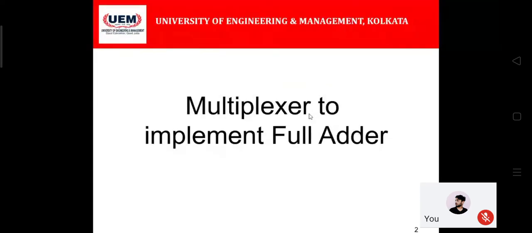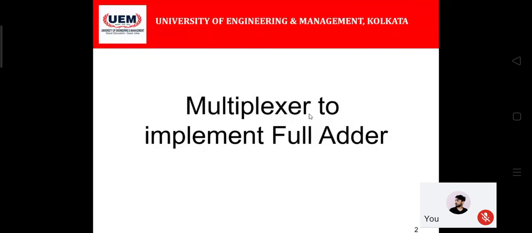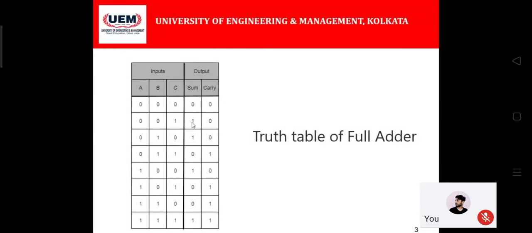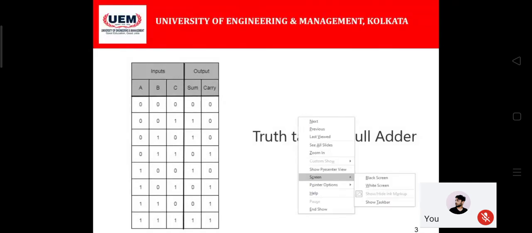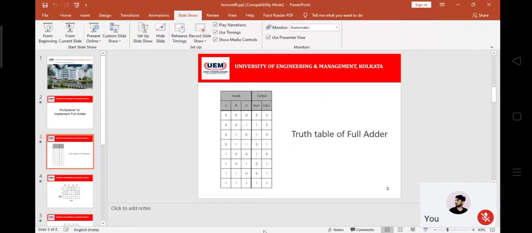So to implement that, I again deleted all those things that I had written. The main thing is that if a multiplexer can replicate the input-output relation of a full adder circuit, then no one will be calling that circuit a multiplexer, but they will all be calling it a full adder circuit, right? So that's the way we will be implementing.